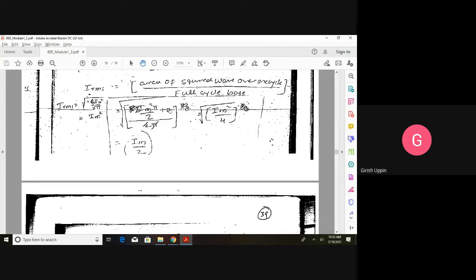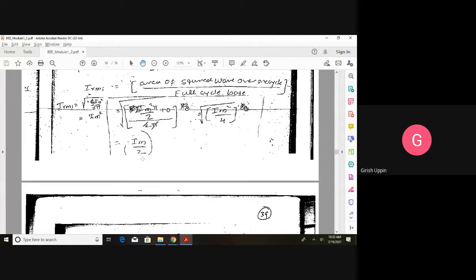Here we know the second part is 0, and from the previous RMS value calculation, we got the area as Im square pi divided by 2. Here it is directly taken. In the exam, you have to integrate first: area of the strip is I square d theta, and the area of the half cycle is the integration from 0 to pi of I square d theta. Expand I as Im sine theta, and you will come up with Im square pi divided by 2, divided by 2 pi. Why 2 pi? We are taking the complete cycle because it is an unsymmetrical waveform. Therefore, the square root of Im square divided by 4 gives Im divided by 2, that is 0.5 Im.